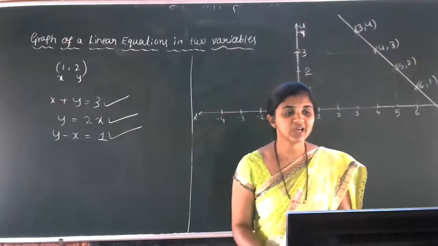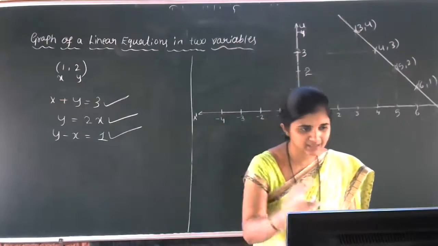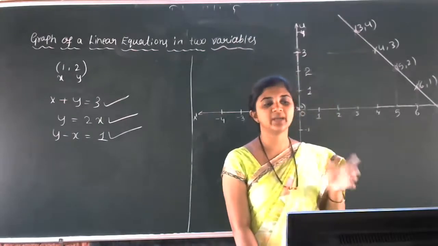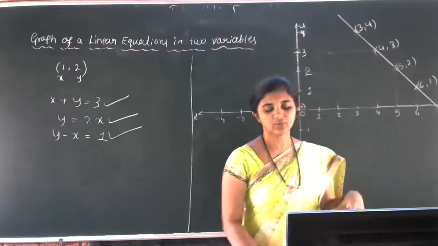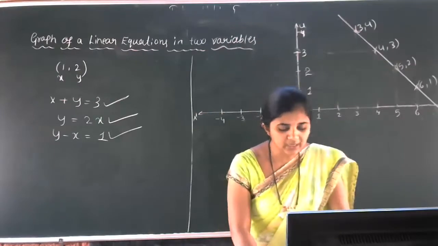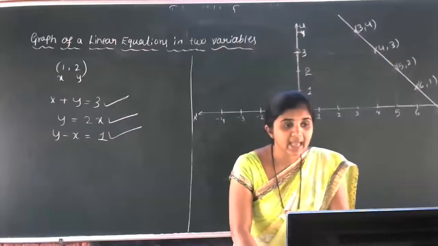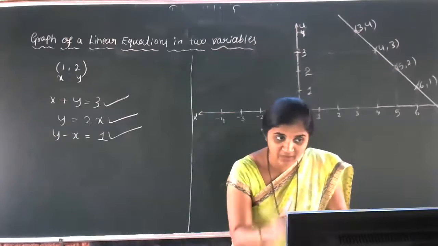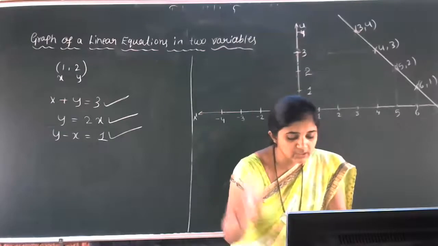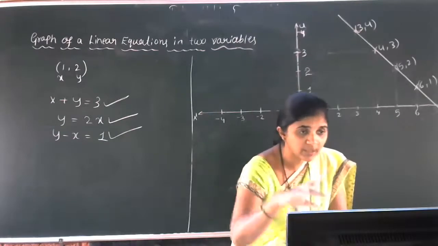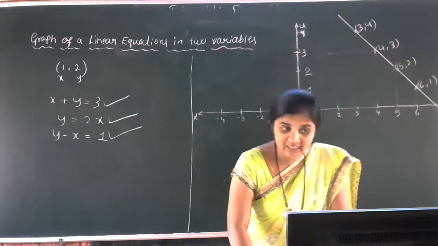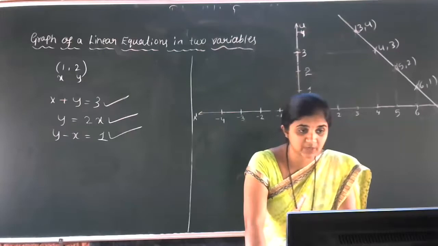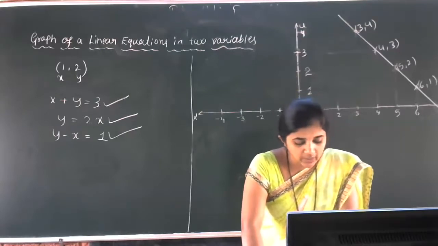So the last one, example 7, is left to you only. I'll just explain what it is, a science related topic. You have to form that linear equation in two variables, then draw the graph. You know that the force applied on a body is directly proportional to the acceleration. You have learned this in science, no? Force applied on a body is directly proportional to the acceleration produced in the body. Write an equation to express this situation.